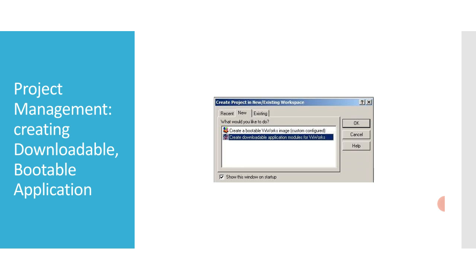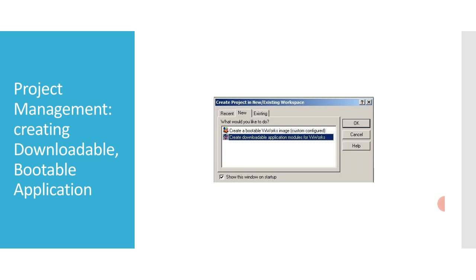To create a downloadable application, you create a project for a downloadable application as shown in this figure, and write your application or use an existing one, add the application files to the project, and build the project. See, here we have created a downloadable application, and at the top you can see bootable VxWorks image and create new downloadable application, this window. So just click OK and then do all the operations and give a build.